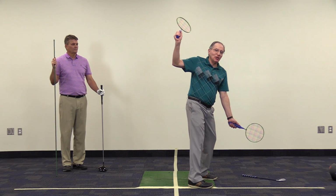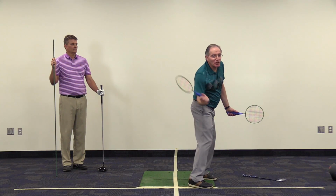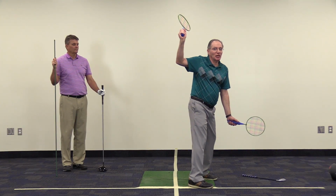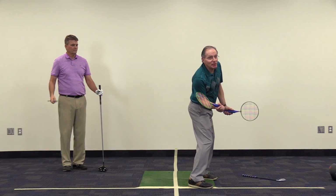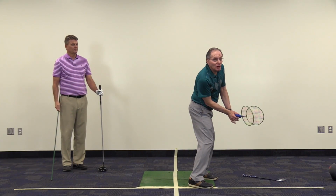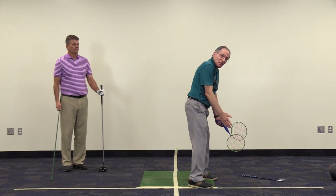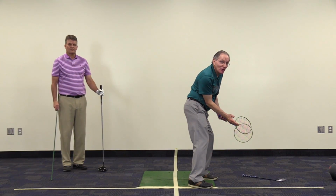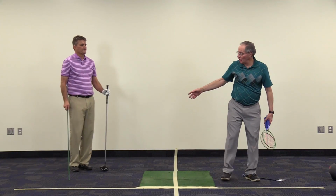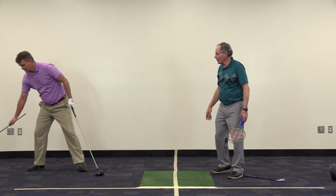But what happens if you decide to shallow the club shaft from the turn shoulder plane to the elbow plane with right lateral bend like Jim does? Then your forearm's not going to be doing a motion that looks like this. It's going to be doing a motion where your forearm is more horizontal. So let's look at Jim's forearm